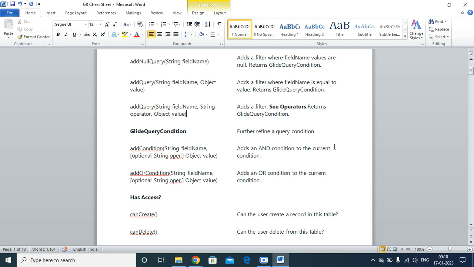So AND is nothing but if the state is in progress and created last month. If you come to the OR condition, the state is in progress or created on last month. So in this scenario, we can use it. Next one, has access. That means sometimes,